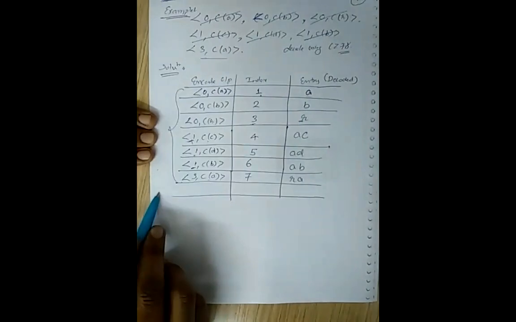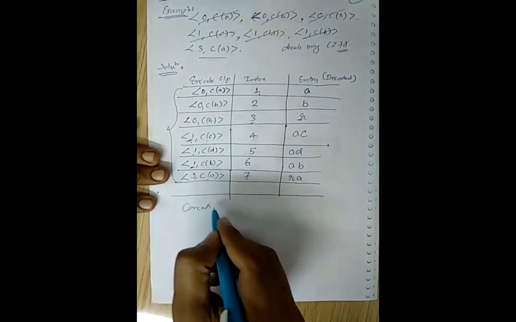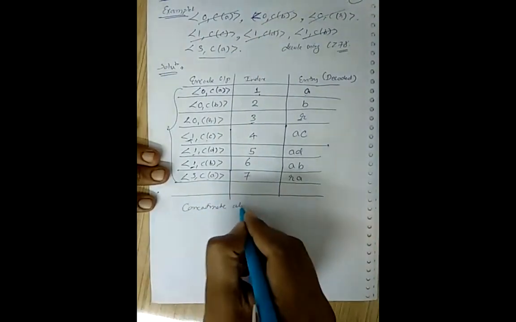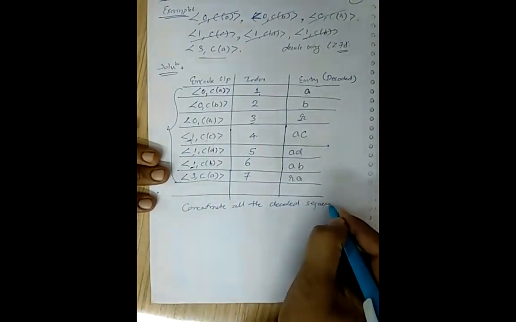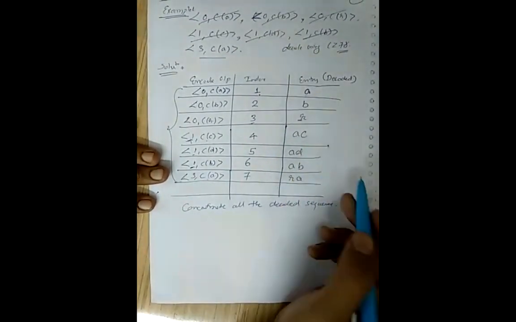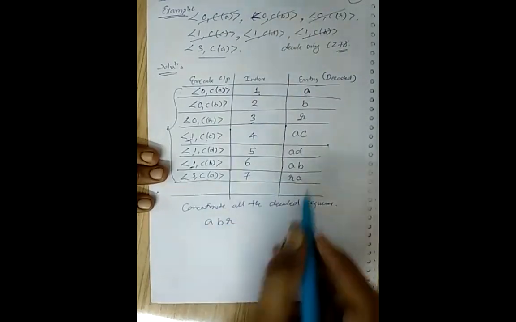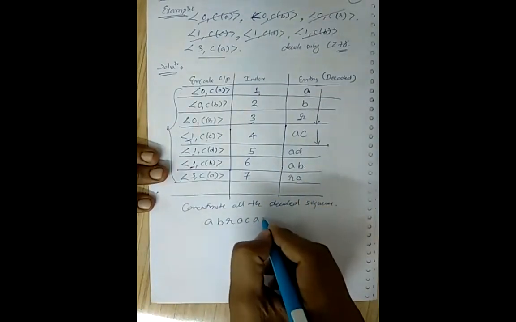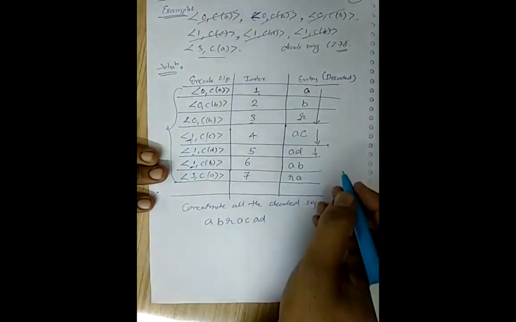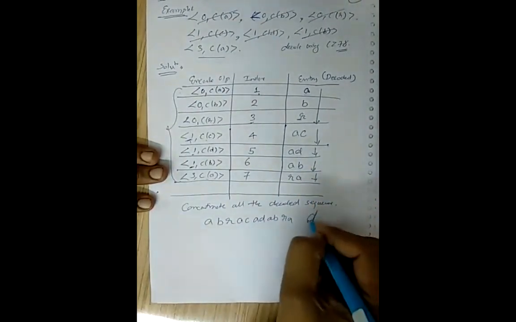मैंने individual doublet को decode कर दिया यहाँ पे. Now I need to concatenate all the decoded sequence. So I need to concatenate all of this decoded sequence, which is represented in the form of A, B, R, then next is AC, then next is AD, then next is AB, next is RA. Here